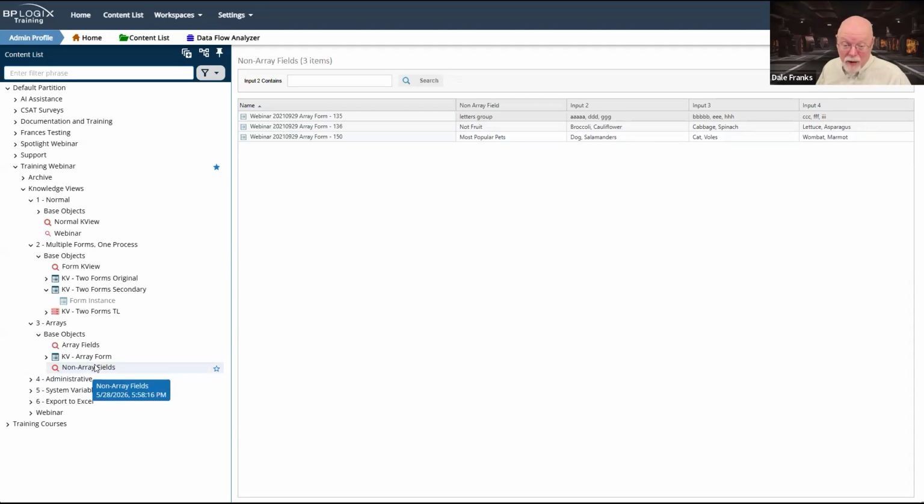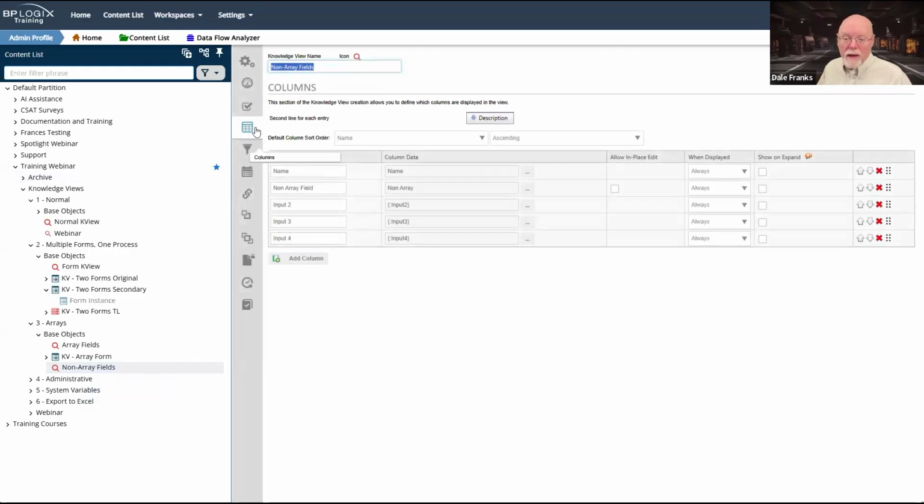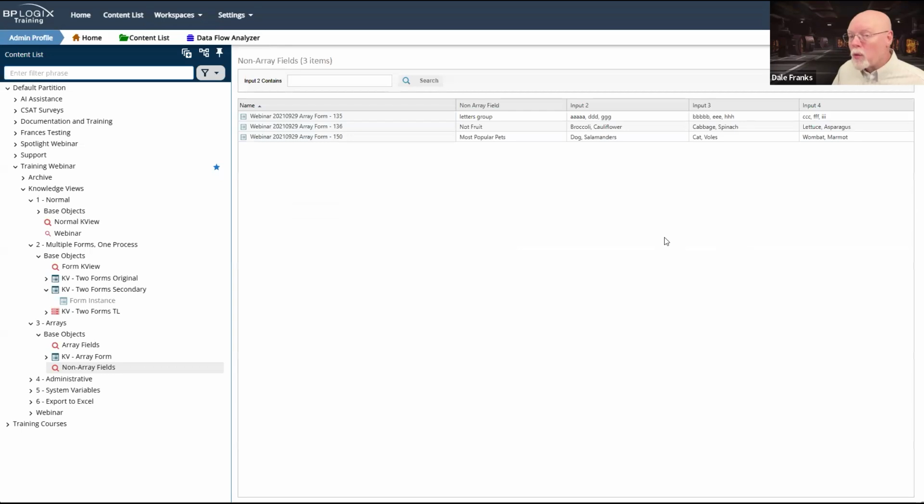But it's easy to configure because if I go to the columns tab, once again, I can simply use input 2, input 3, and input 4 as the field names, and it will just concatenate those three fields with no problem, and it will show them all in the same row. So what this enables me to do, if I concatenate it that way, is to pull back one row for each form instance, but it is going to concatenate all of the values in each input control with their values.